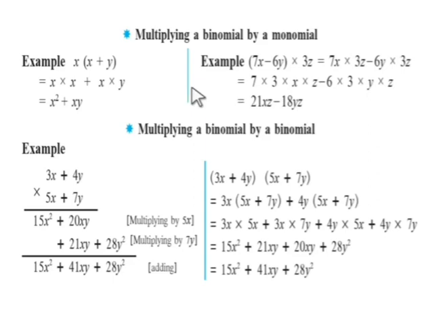Now children, I expect everyone has understood how to multiply a binomial by a monomial or a monomial by a binomial. That is, we will multiply each and every term of the binomial, that is both the terms of the binomial, with the monomial, and we will take out the bracket, we will put the sign that is given in between in the middle and multiply them.